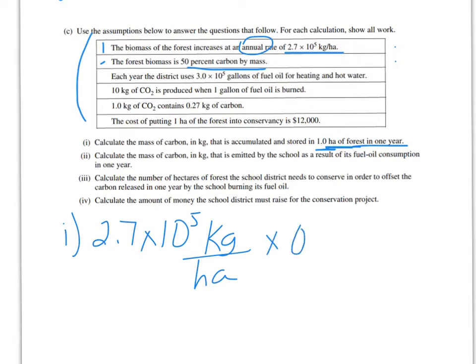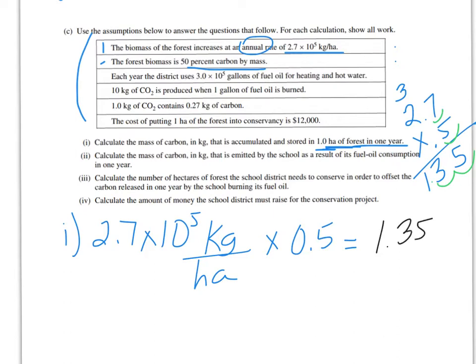So 50% is 0.5. And when I do this, you might be able to do this in your head, and that's okay. You need to write out the setup. So I have the setup here. If you can't do it in your head, that's fine. You can do 2.7 times 0.5, and you can solve it over here this way. And there's 1 here and 1 here, so that's 2, and then I need to go 1, 2. So my answer is